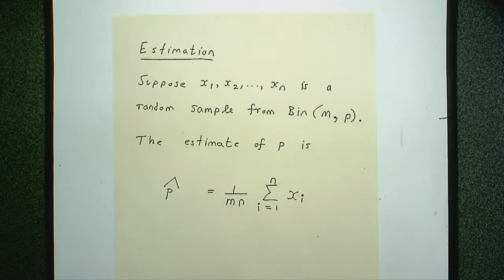Okay, I think this is correct. Yeah, so this is the estimate of p, right? So it's the sum of the xi divided by m times n. Here, of course, we are assuming that we know the value for m, right? That is the estimator for p, okay? All right. Now,